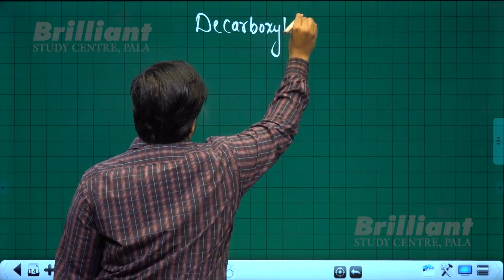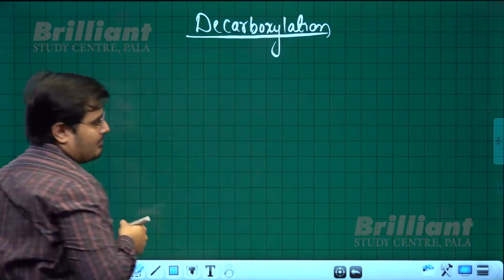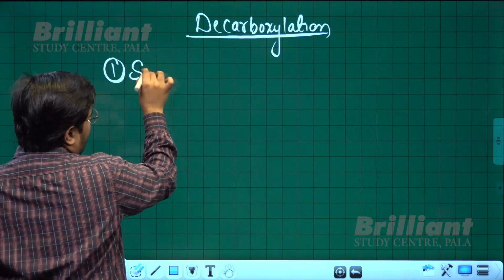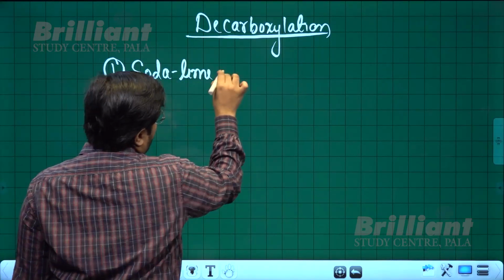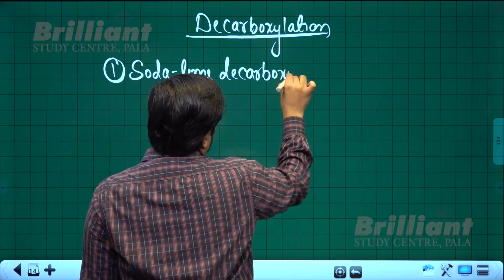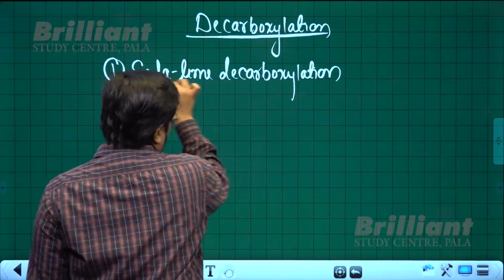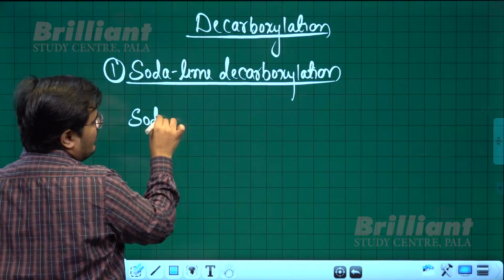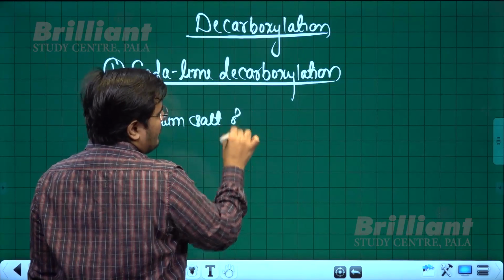Now, the majority of these decarboxylation reactions you have learned here and there in other chapters. Out of these, I will write the first one, which is soda lime decarboxylation, which you have learnt in the hydrocarbon chapter for the preparation of alkanes. So in this case, what happens is, when you have a sodium or potassium salt